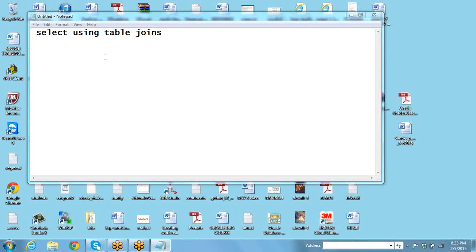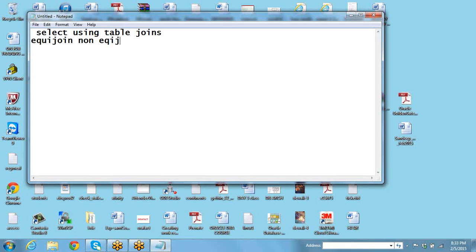We will discuss select using table joins. There are two joins: one is equi join and the other is non-equi join. We will discuss what is equi join, what is non-equi join, and joining a table to itself, which is called self join,